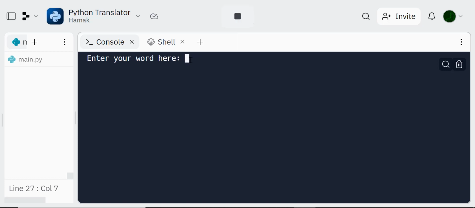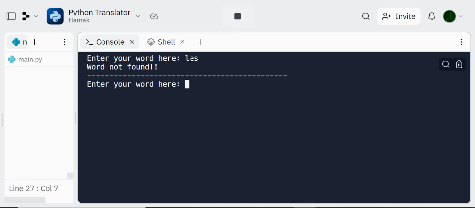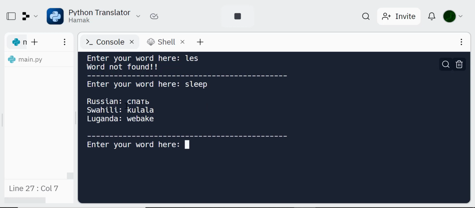Let me start with this word here, and then I press enter. It says word not found. Now if I type sleep and press enter, in Russian that's the word for sleep. In Swahili it is kulala, and in Luganda it is webake. In Uganda. Then another word, let's say,